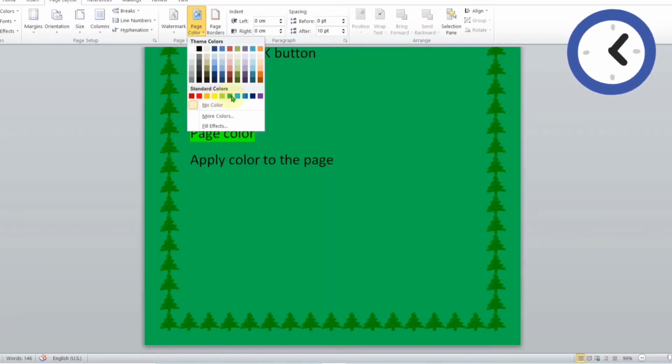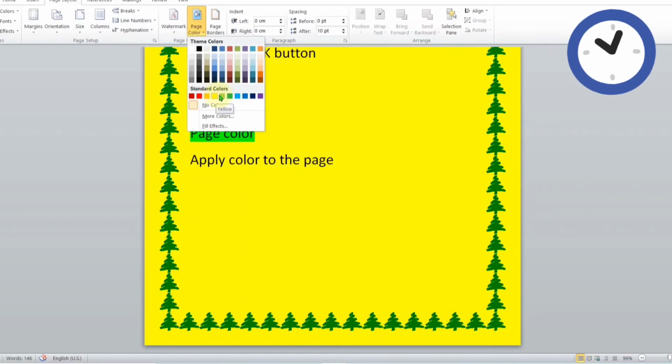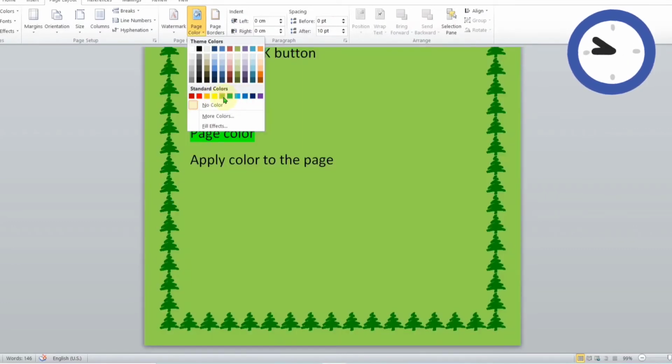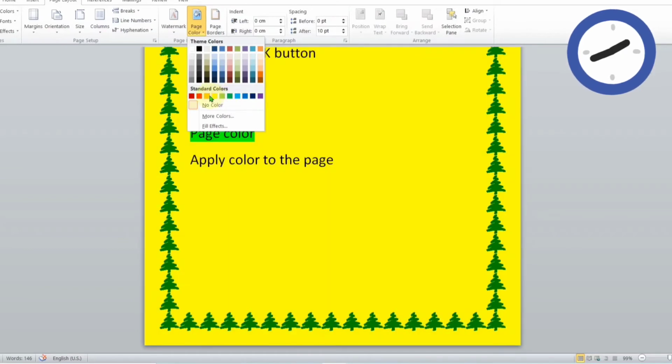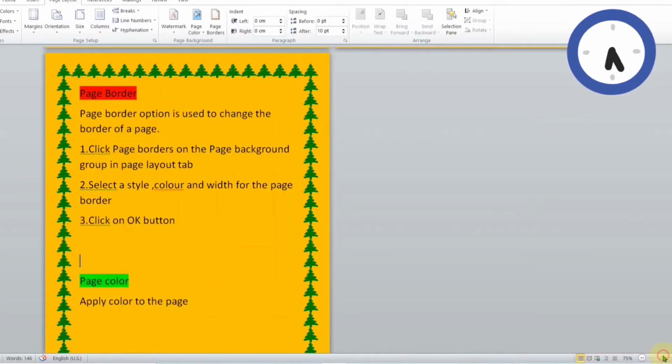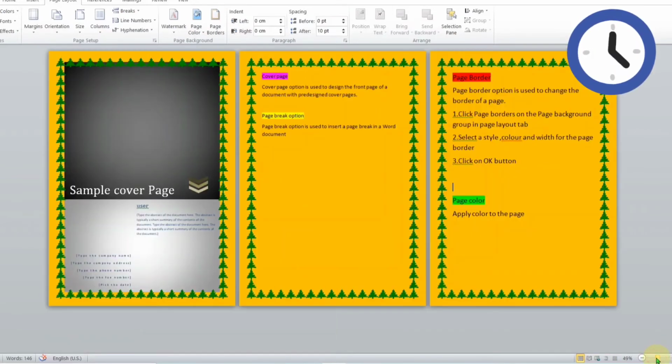Now you can see different colors appearing on the screen. Select a color of your choice, then it will be coming on the screen. See the beauty of our screen after applying page color. Yes, this is how we have to apply page color.